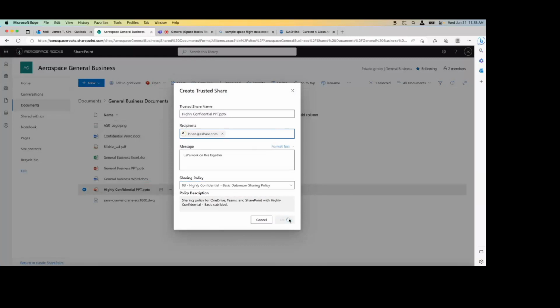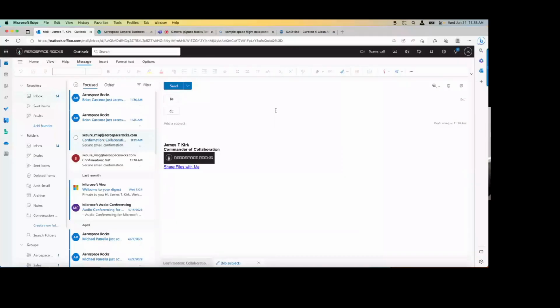It will create the trusted share integration and the ease of sharing data directly from Microsoft Outlook. So in this particular case, I'm going to share with Brian again, and I'm going to show you a slightly different experience for sharing with a public email, the Gmail.